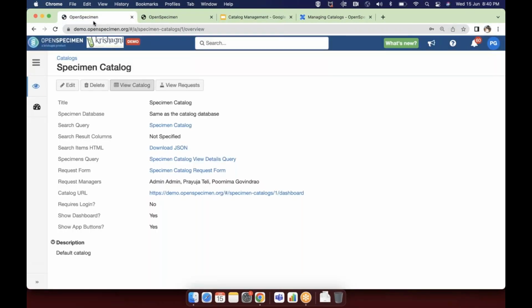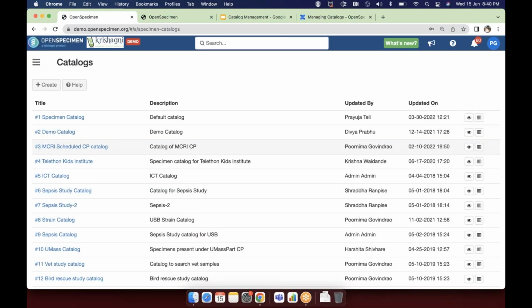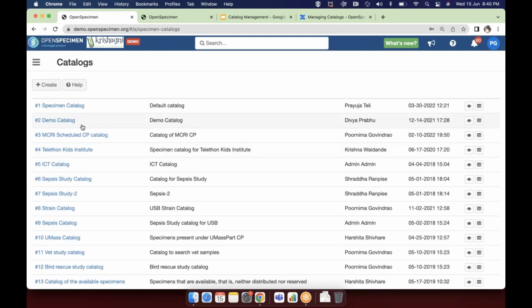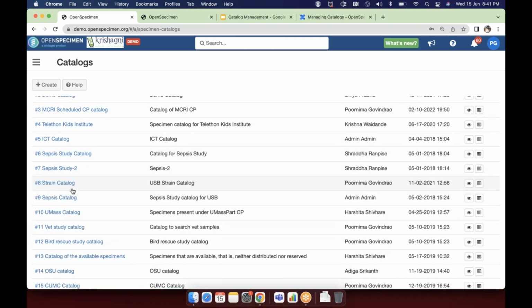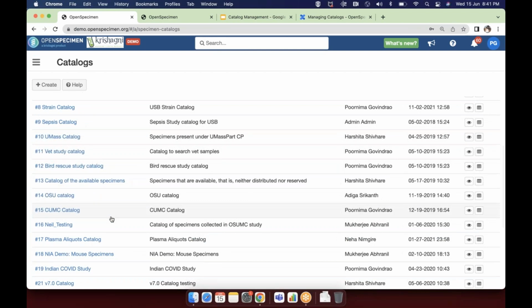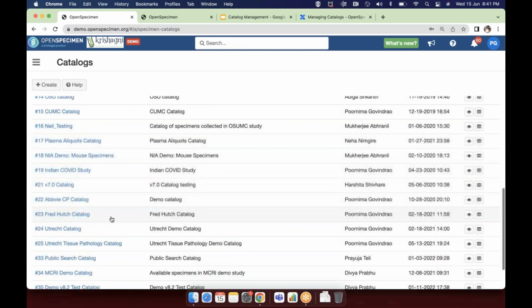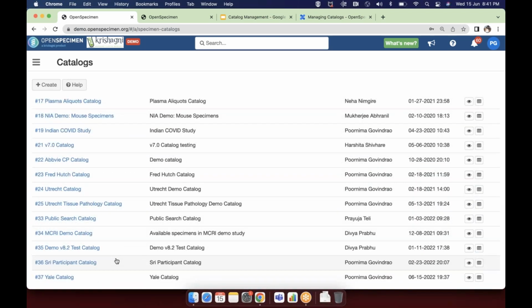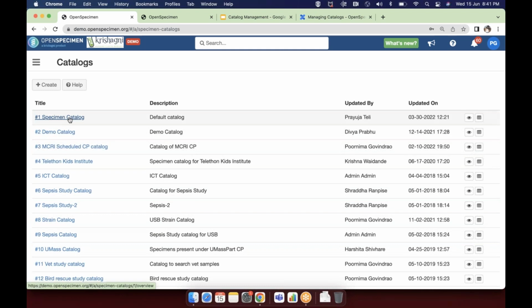If I show you our demo site, this is our public demo site, and we have created multiple catalogs, as you see, for different demos. There is something for sepsis studies, and a bacterial strains catalog. Someone wanted to do research on animals, so there is a different catalog for that. There are specific study catalogs for each individual institute. This way you can have multiple catalogs. And when you go inside the catalog,